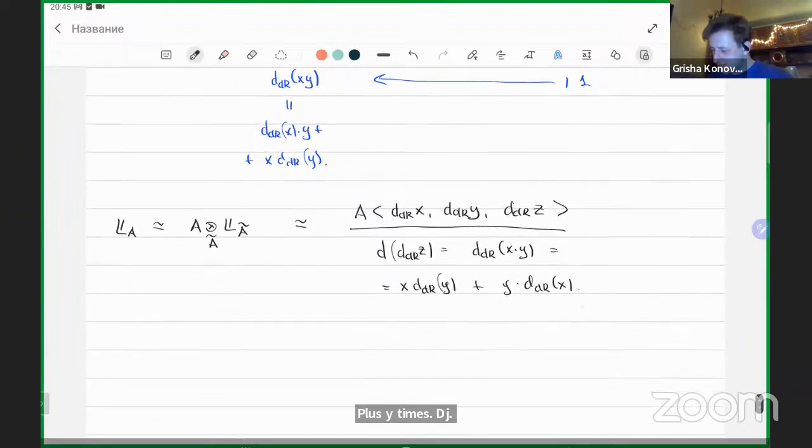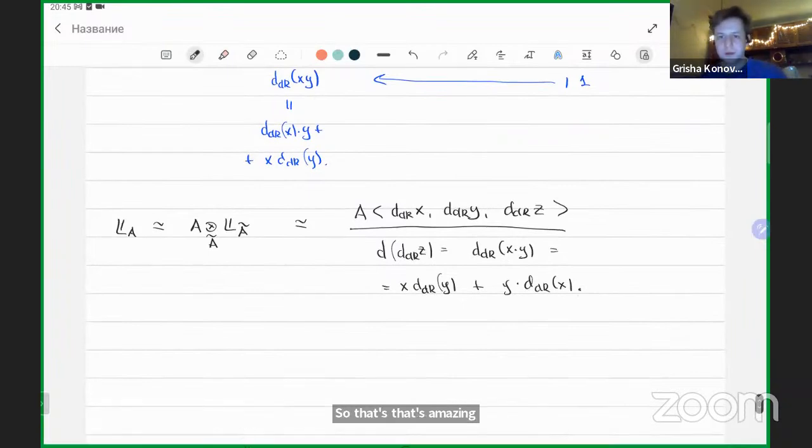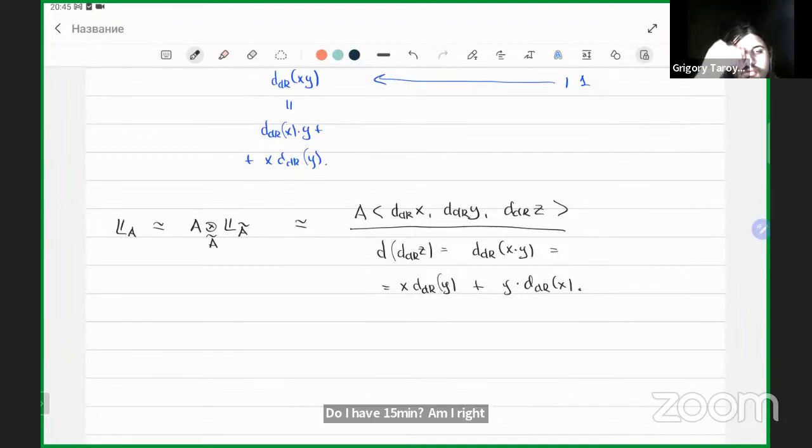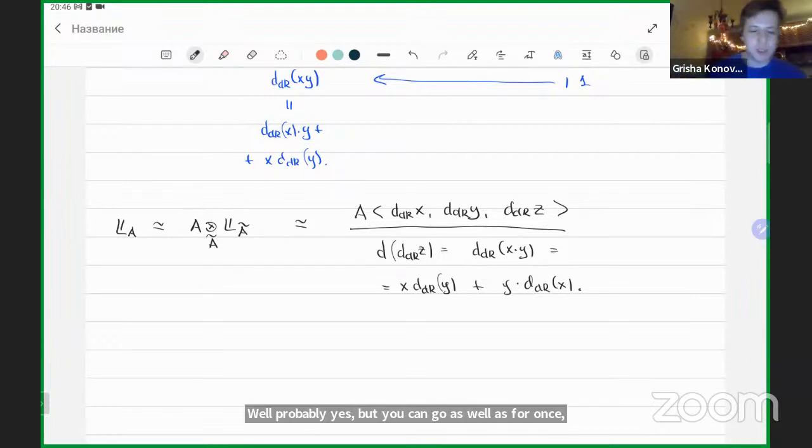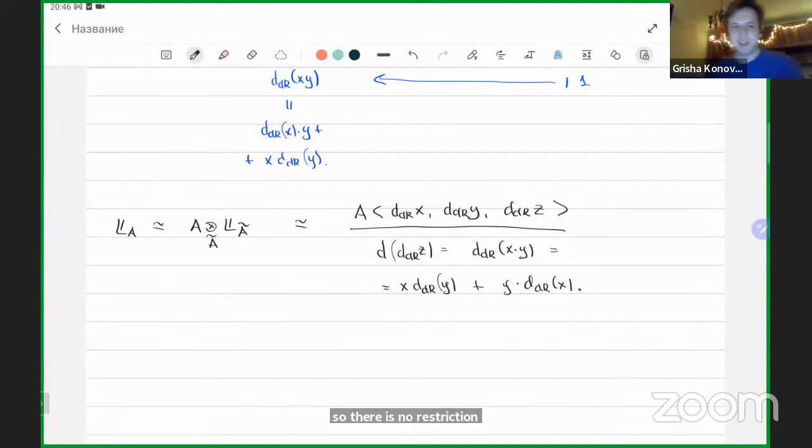So that's a nice formula. Do I have 15 minutes? Am I right? Well, probably yes, but you can go as long as you want, so there is no restriction. It's probably not a very good thing to be substantially over time, so I will finish in 15